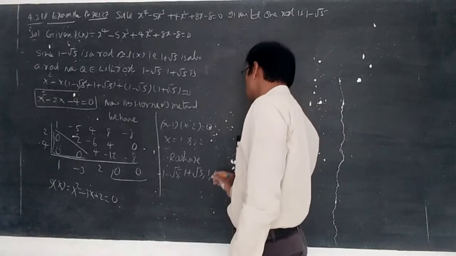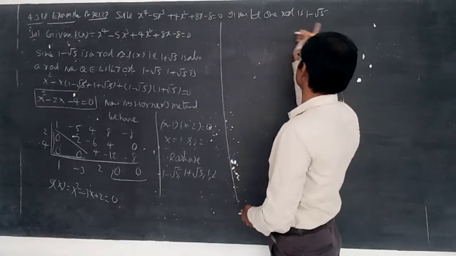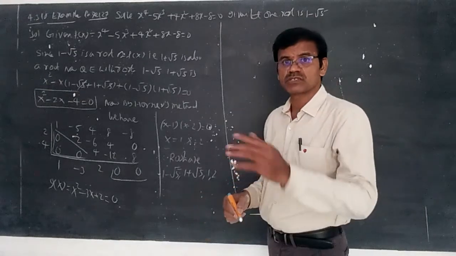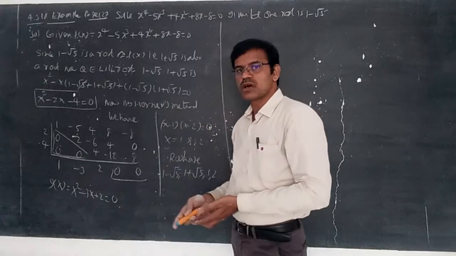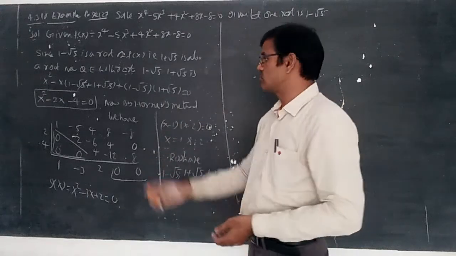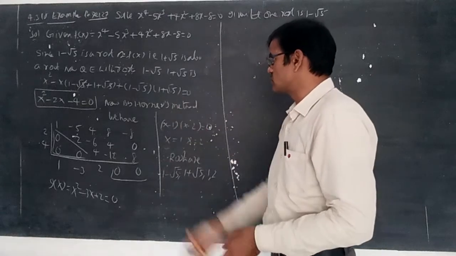That is why I said that unless otherwise stated, you should not count 1 minus root 5, 1 plus root 5 as separate given roots. If it is given as solve, maybe the roots will be conjugate pairs or not, but only two roots you should consider and divide. Follow this method.